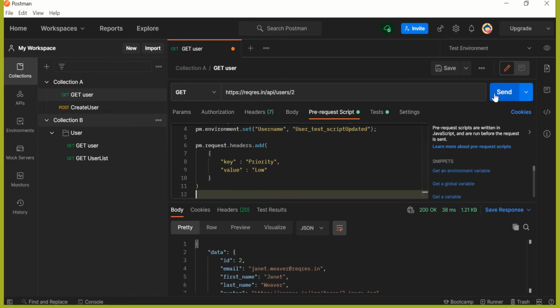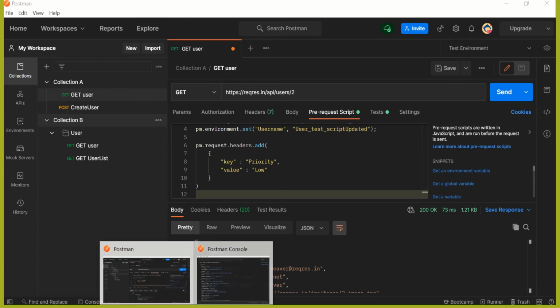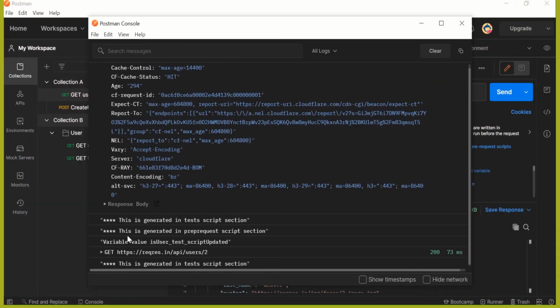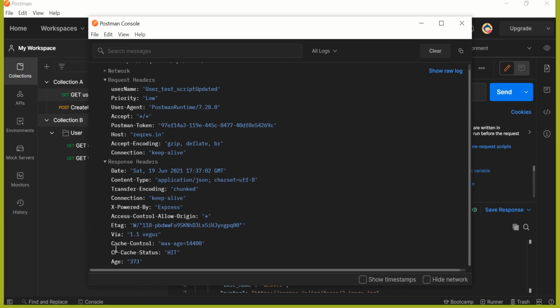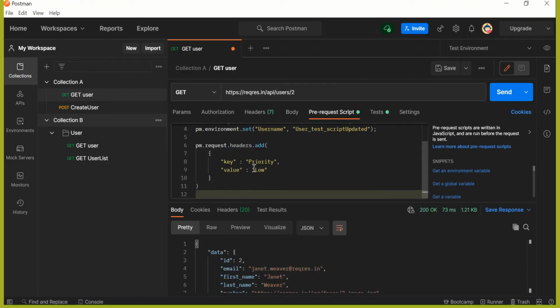So let's try to send this request, and let's see in console. So you can see the new request header is created, and the name of this header is priority and value is low. So this way we can create the request headers and we can add those request headers in this particular request.